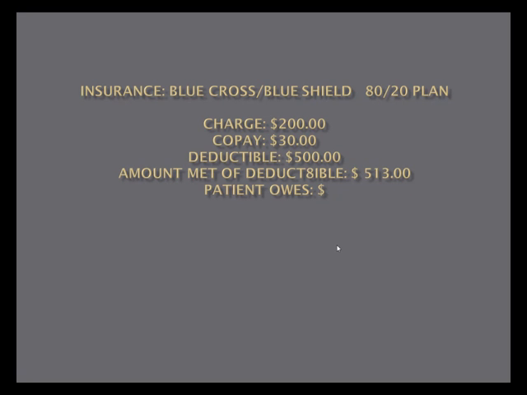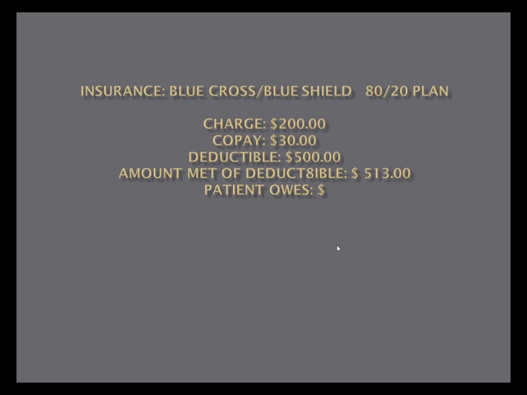Okay, so right now we are going to do a couple examples of what I like to call deductible math. Right now we're going to calculate the final portion of what the patient will owe the physician. Remember to pay close attention to not only the deductible amount, but what the patient has already met of their deductible. So first of all, I want to go ahead and look at the copay,